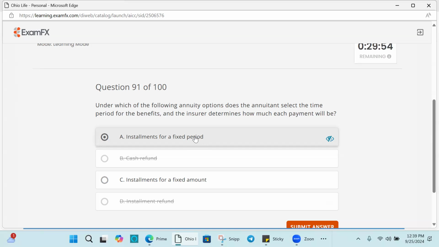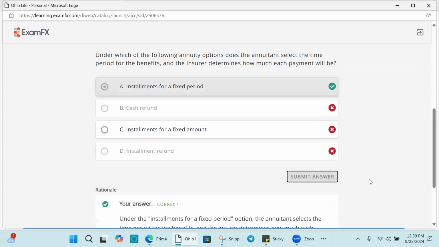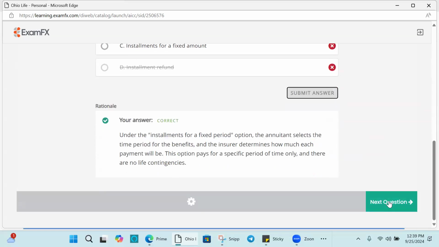Stop. Installments for a fixed period. This is an easy question, but it's very tricky. You're going to have to understand. This is the difference, the problem that people have deciphering these questions. Usually there's a couple of words in the question that determine what the answer is. So here, by definition,